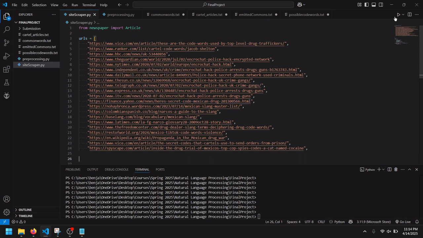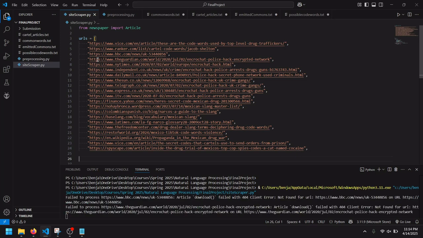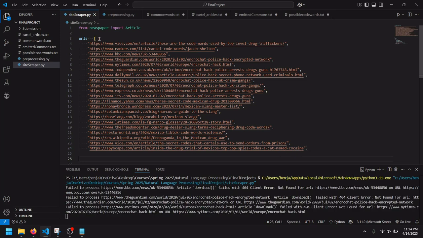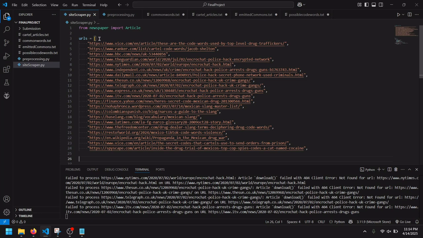So first we run this, and if there's any that I can't find the text on or it's not working, it'll send an error, but it will continue through the array of the URLs, and you can see that it finished there.